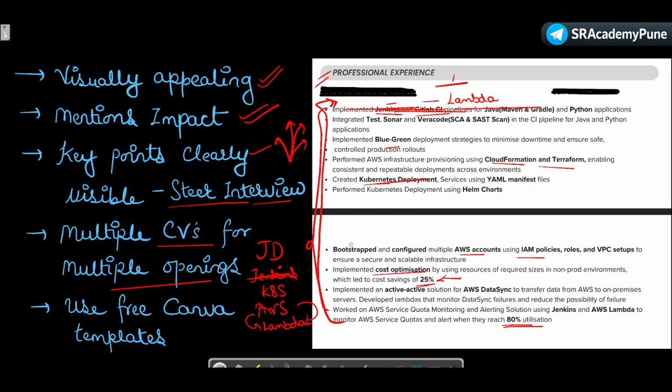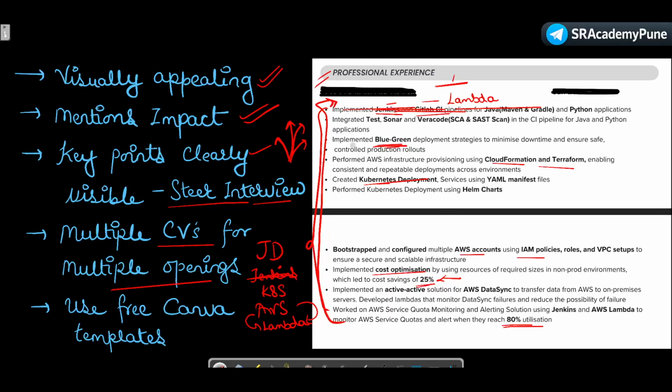Keep the CV short, keep it very precise to the job description, and make sure whatever the job description is asking for is on top. In this case, they wanted Jenkins and blue green deployment, so I've moved this point from below to up.